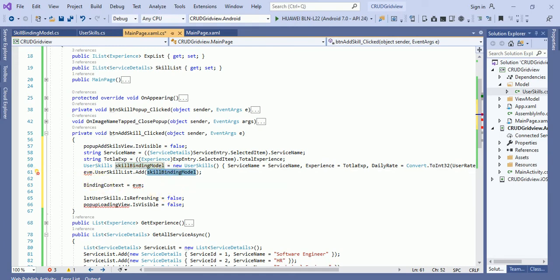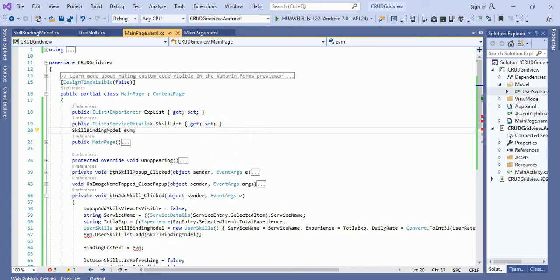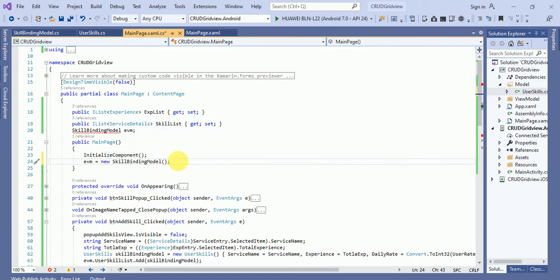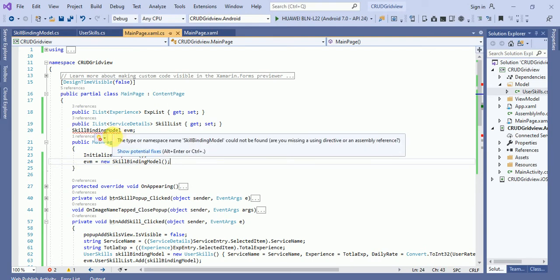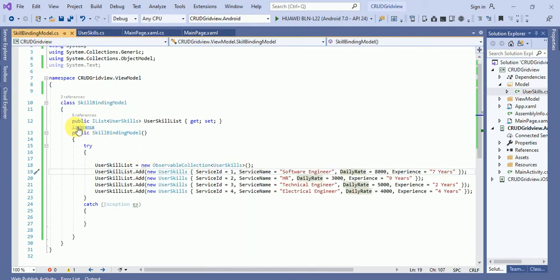So one more thing we have to do, for skill binding model we have to add a object here and initialize this object. We can initialize this object over here, or either on button click we can initialize the object. Okay, so add skill binding model, I already told you in my previous video that in skill binding model we have bound the grid view.